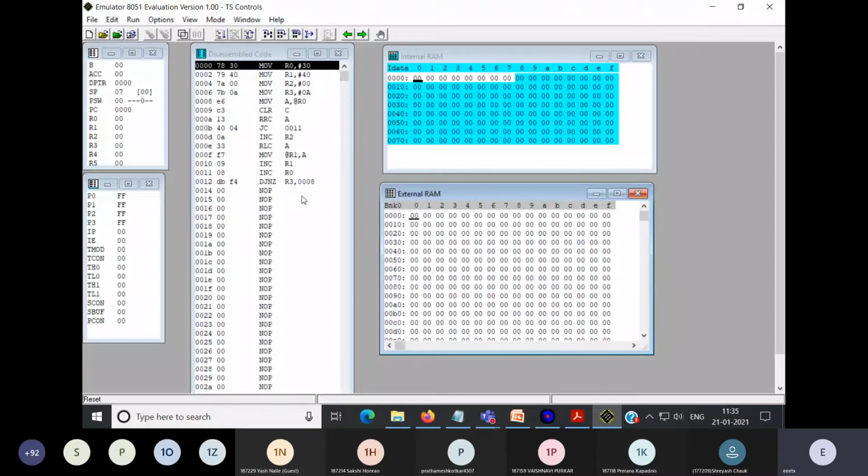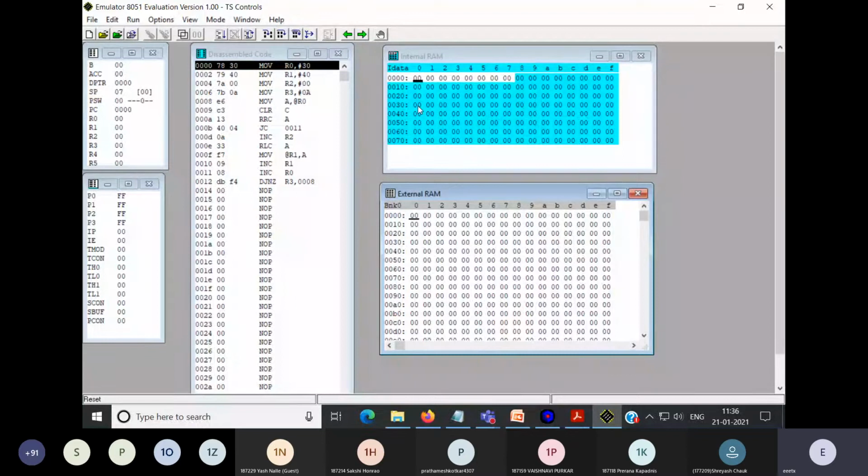So what are we using? We are using location 30H onwards and 40H onwards to store the result. To find the even number, the first thing you should have is the 10 numbers which will work as the input for this program. As per the logic, you have to store your 10 numbers starting from address 30H of internal memory. So this is the first location of 30H. You have to store 10 numbers starting from this.